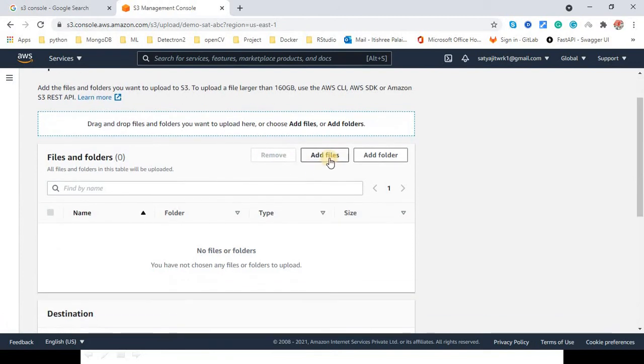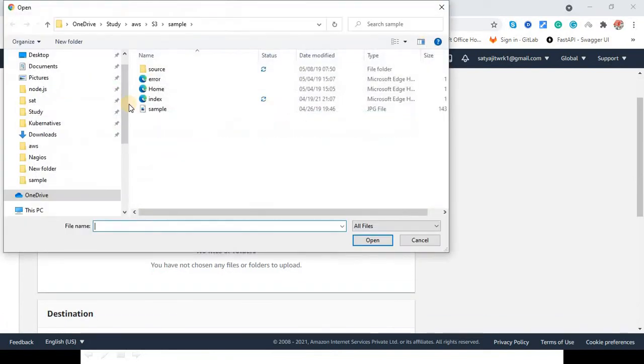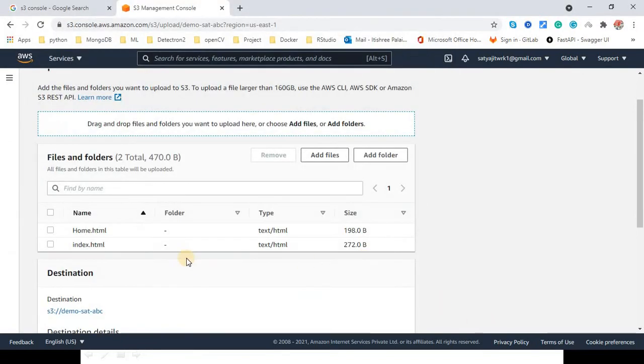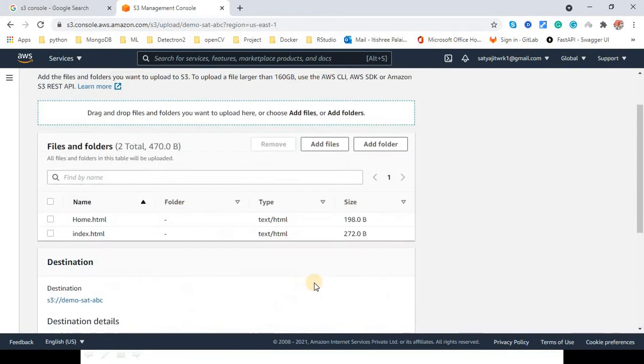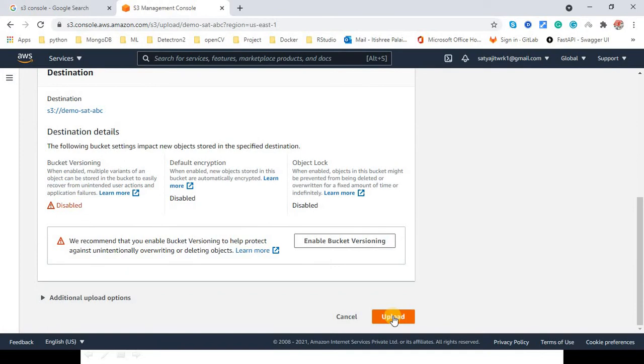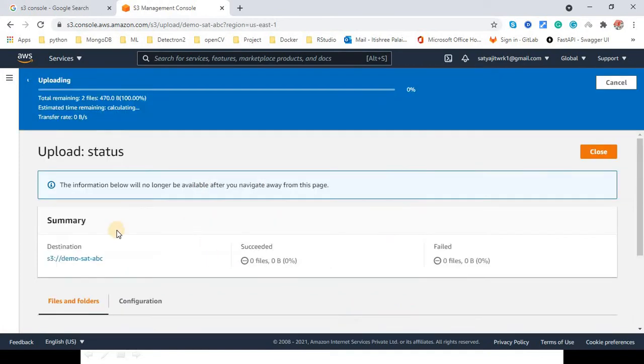Now here is the option to add files, so choose add files, and now this will open. Let me pick index, or I can choose multiple files. I can pick index and home, and say open. Now these files have been added, and if I click the upload button, the files will be uploaded.